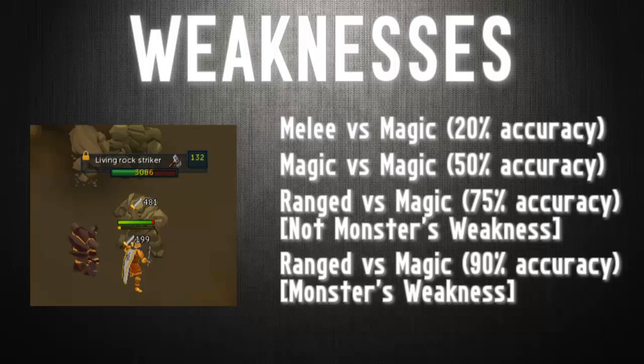So for example, if you're fighting a magical monster, which in most cases is going to be weak to range, and you're using the wrong combat style against it, because the combat triangle is magic is strong against melee, melee is strong against range, range is strong against magic. We've all heard this, but this holds true to monsters as well. So if the monster is weak to range and you're using melee against it, you're going to have a 20% accuracy penalty, which means that if your weapons normally had 1000 accuracy, that's just an example given, they would only do 200 accuracy points,